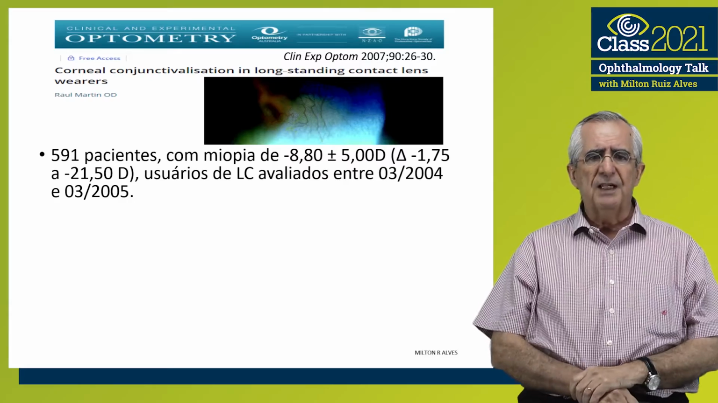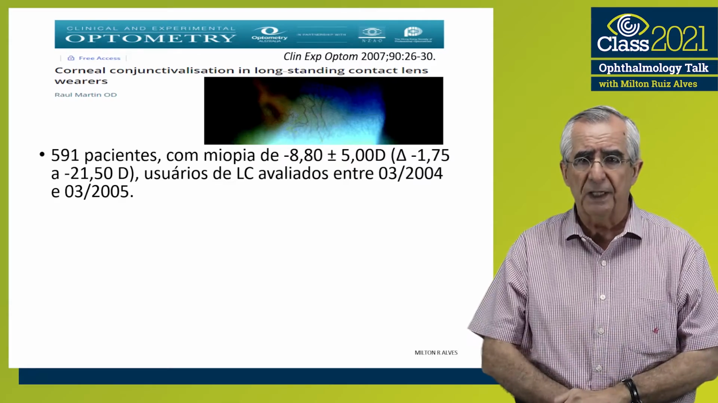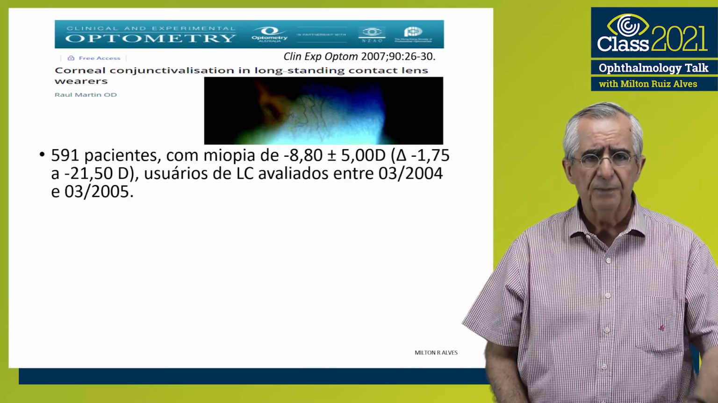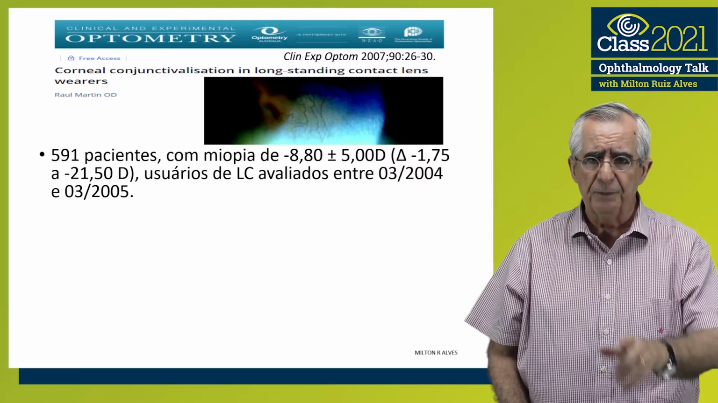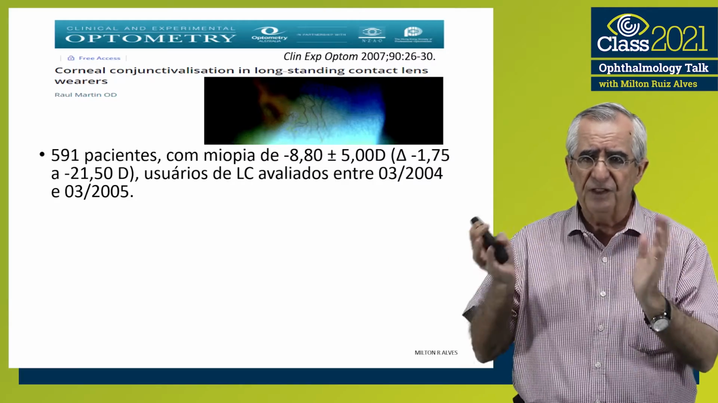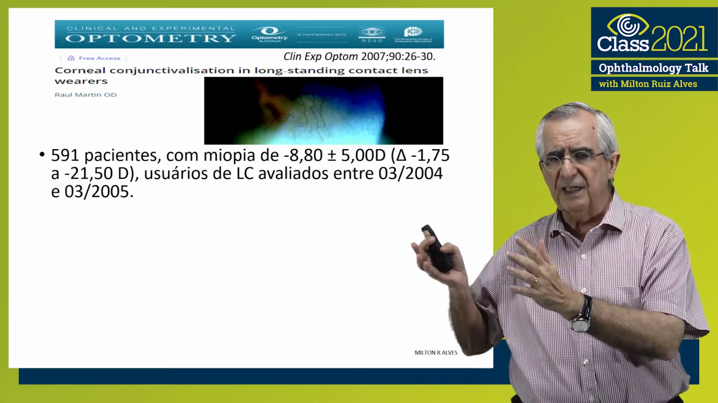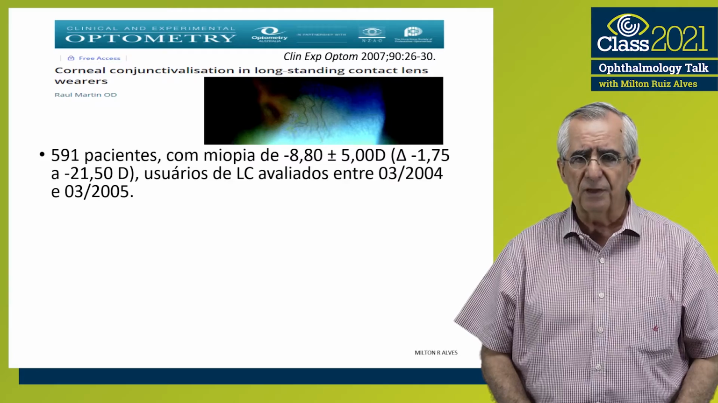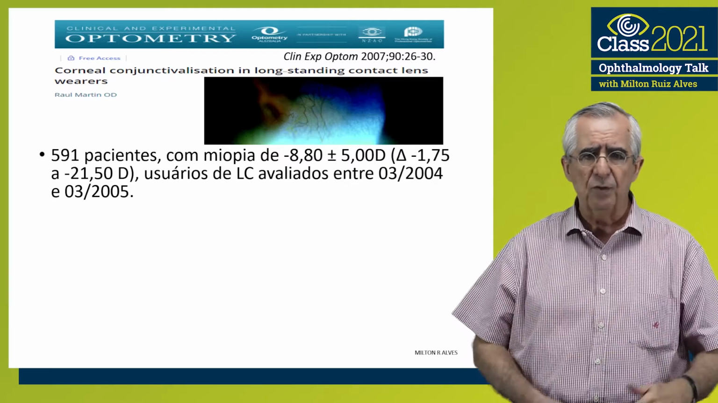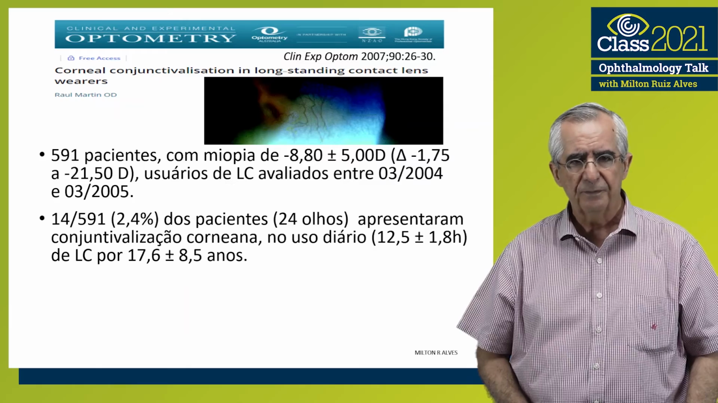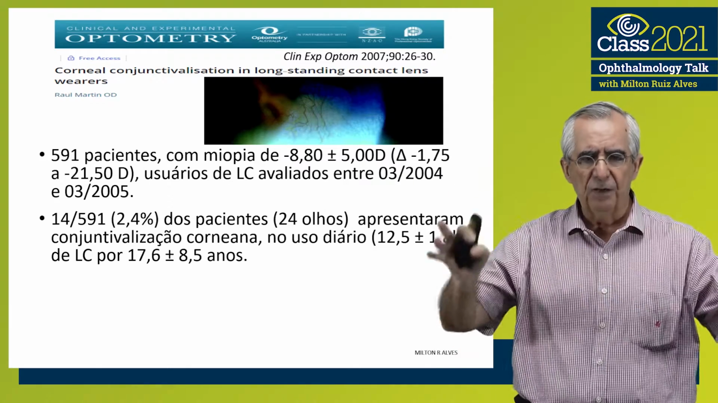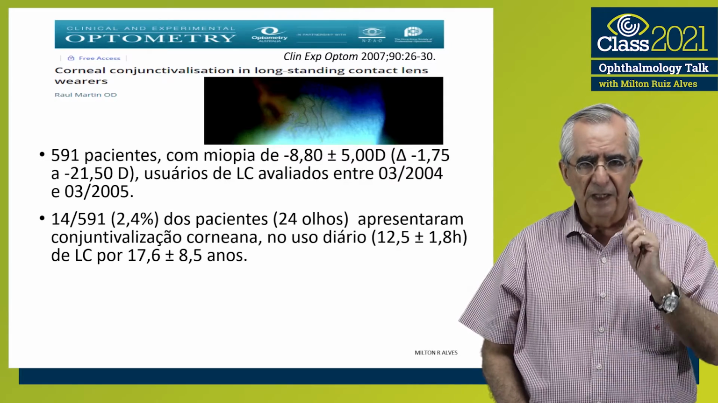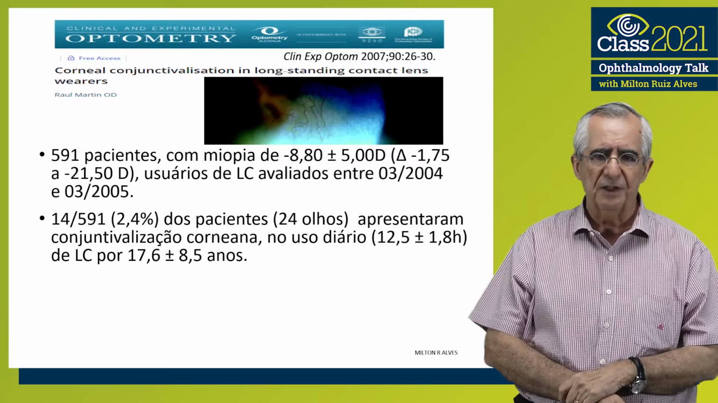Well, let's present some published studies on this topic, and we will start with the study by Raul Martin, and he had 591 patients with myopia of minus 8.80 and standard deviation of 5 diopters. Myopias ranged from minus 1.75 to minus 21.5 diopters, and were wearers of contact lenses fitting between March 2004 and March 2005. And of the total number of patients examined, changes were found in 2.4% of patients, or in 24